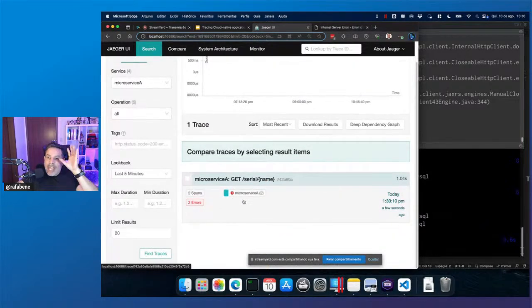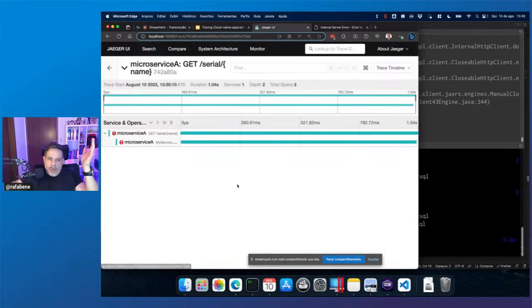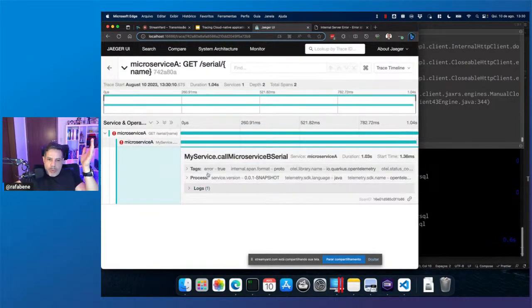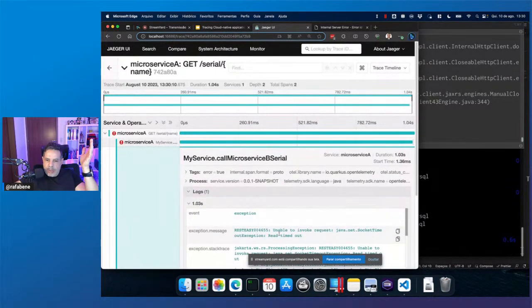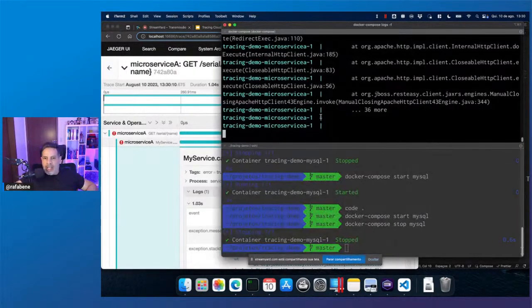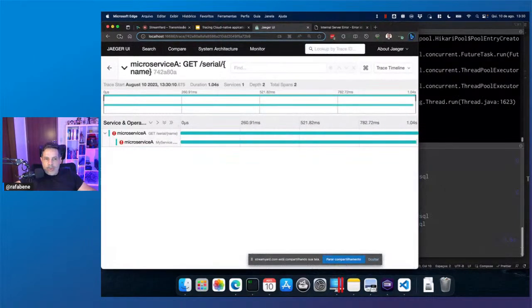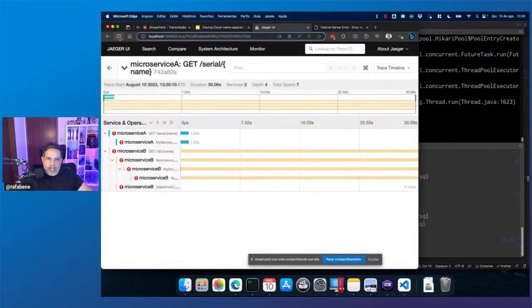find it here. What happened is that in microservice A, there is a timeout with microservice B. So what is the error? I can see the logs here saying the exception: read timeout. But microservice B is still trying to talk to the database. Okay, so let me keep refreshing. Refresh, refresh, refresh. I still have microservice A. Now I have microservice B.